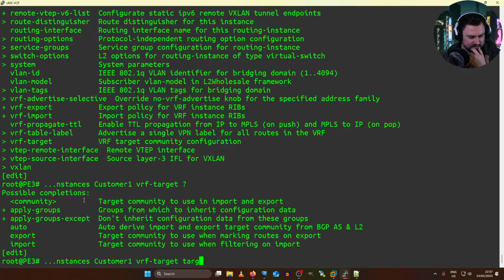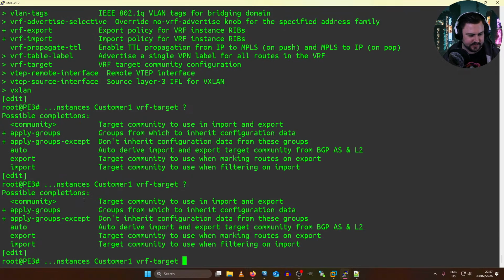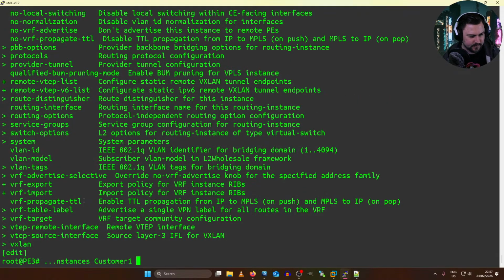Was it like this? I'm trying to remember the exact syntax. Customer 1. I'm pretty sure it's vrf-target we're going to use.